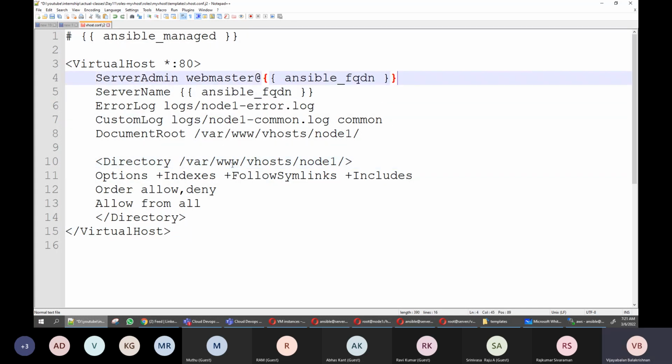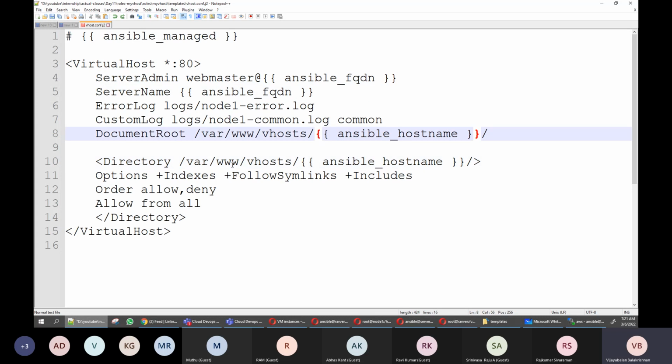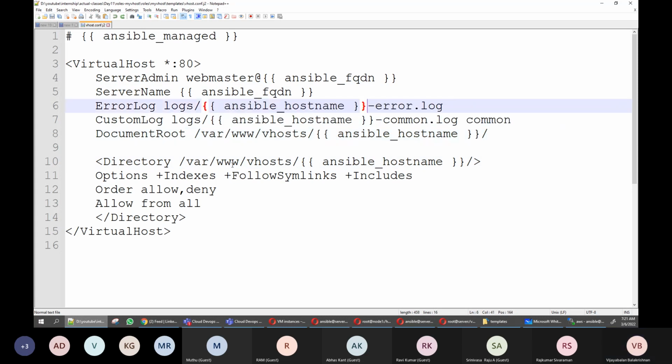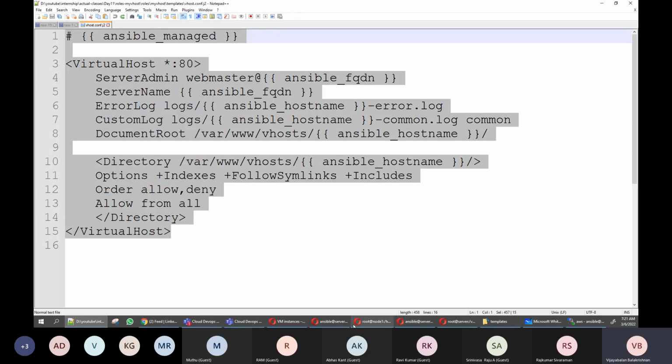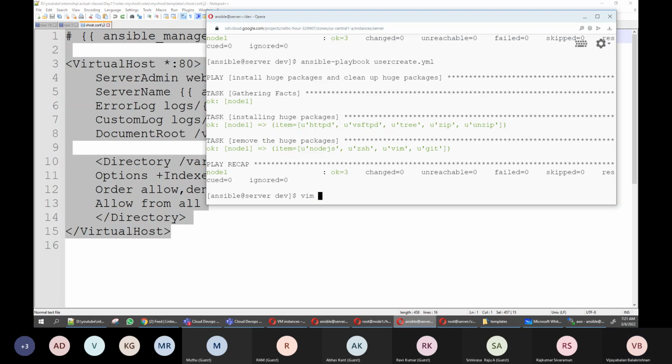I'm going to just revert back. So the file is prepared, correct? Yes. Okay, now once the file is prepared and saved as Jinja 2, then copy. I'll just show you. Copy this. Simple. Go to the Ansible server. I'm going to say vim,